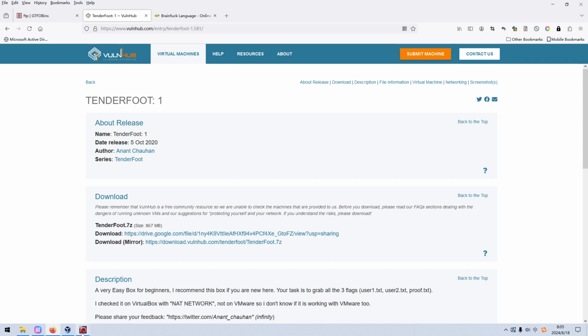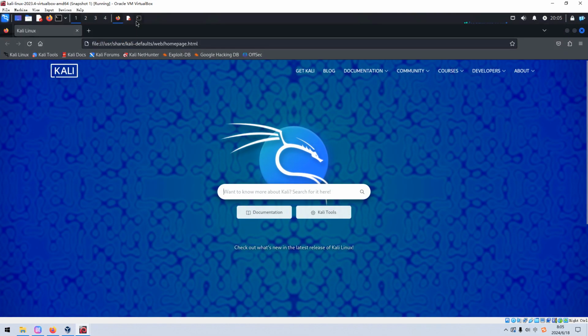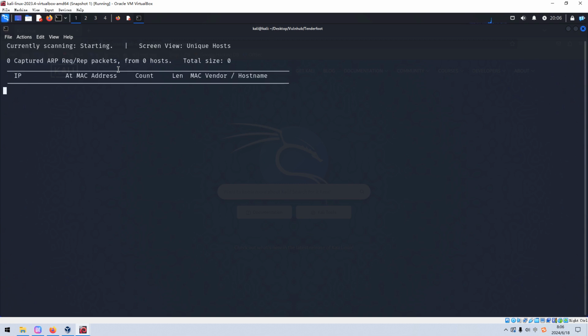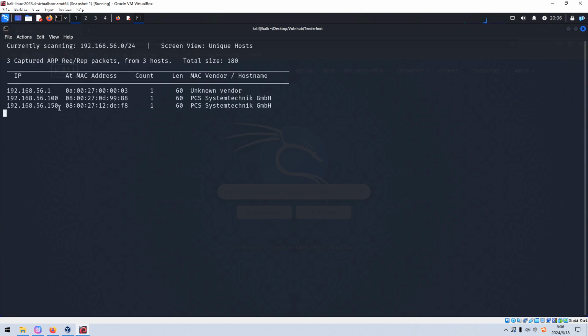We can switch into the Kali Linux VM. Let's pull up the terminal. Above all, we need to do the discovery of the IP address of the target. The utility I'd like to use, as always, would be netdiscover. So as you can see over here, the IP address of the target could be recognized as